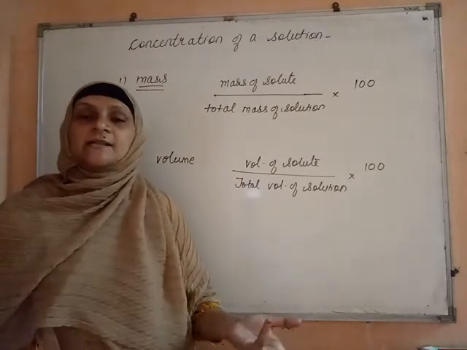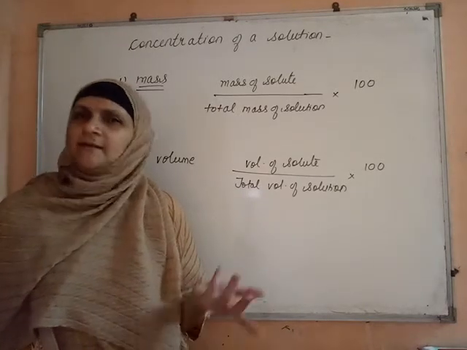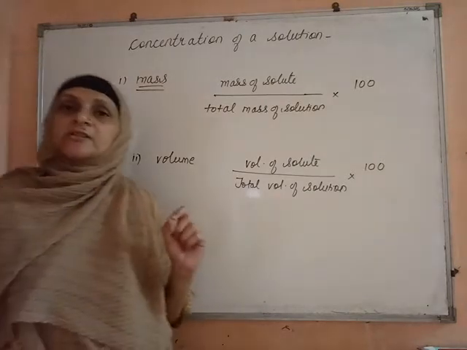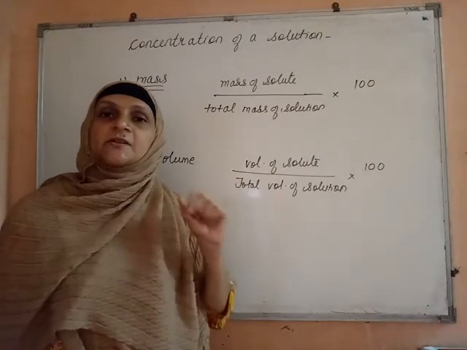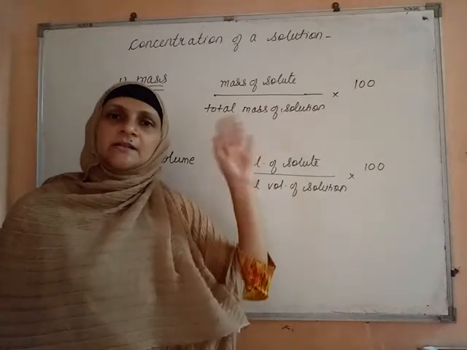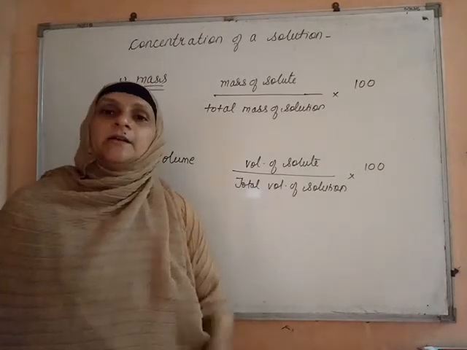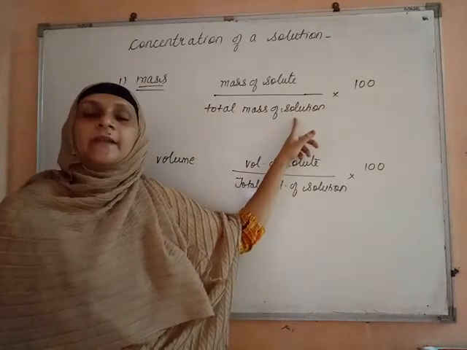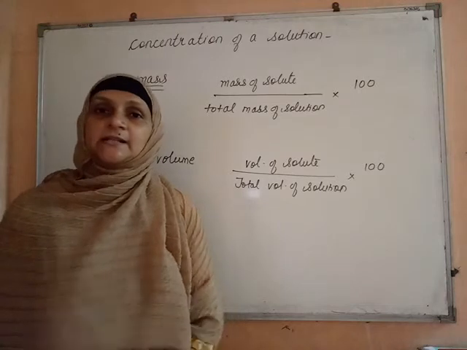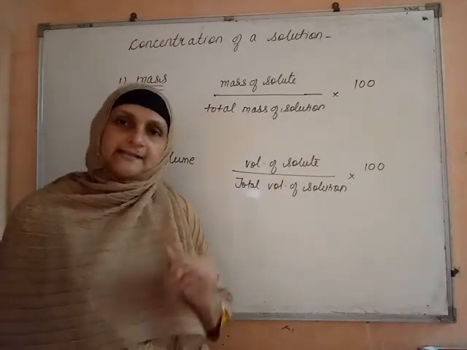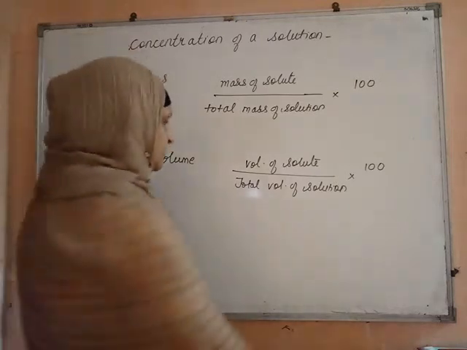Now one question may arise in your mind: when to use which formula? That is very simple. It depends on your question. In the question, if the quantities are given in terms of mass, if quantities are given in grams, they will never give in kg, as those become two big quantities. If the quantities are given in grams, you will use this formula. And if the quantities are given in milliliters, then it is this one. In both the cases, the steps remain the same. So let's see an example for this.